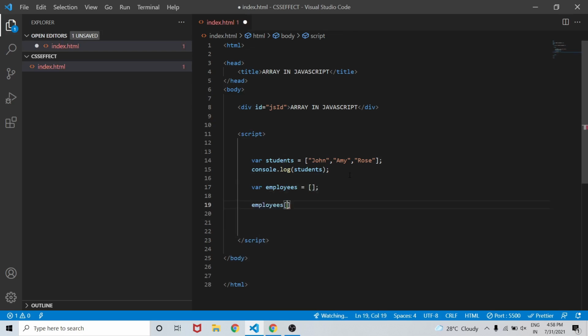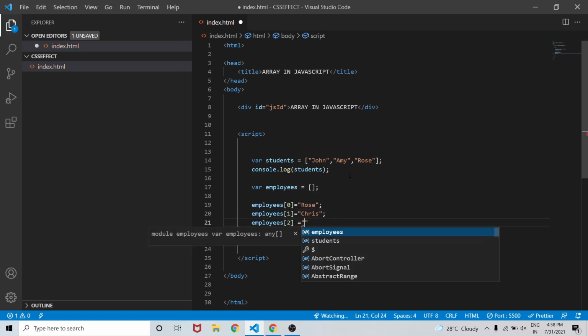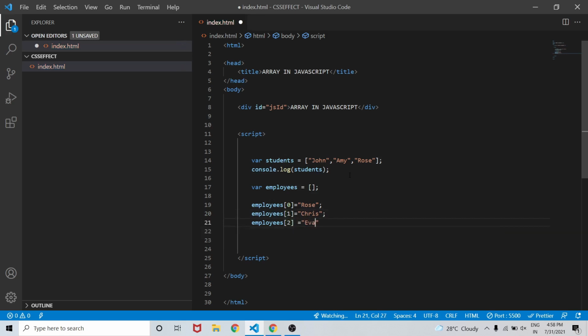Also we can create another array, employees, by writing employees equals a blank array of square brackets, and let's assign a value at index 0. So at index 0 it should be, suppose, Rose, then employees at index 1, Chris, and employees at index 2, suppose Evans.